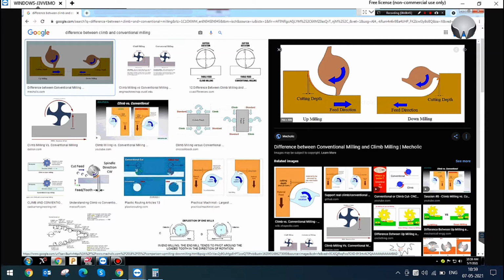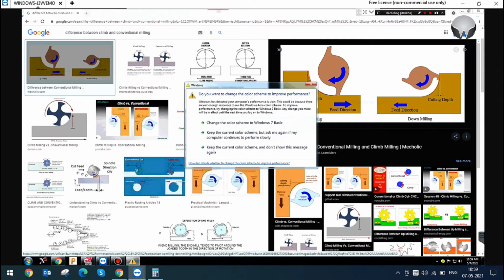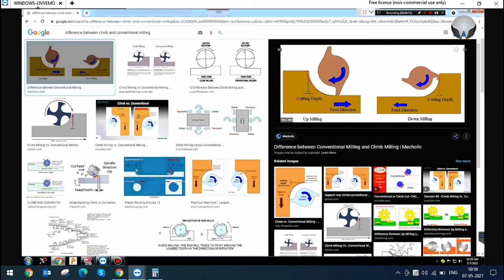If you are using up milling, the burr is removed and thrown out from the material, the cutter will go smoothly and take the finish easily. That is the up milling, down milling concept. So up milling is called climb milling and down milling is called conventional milling.